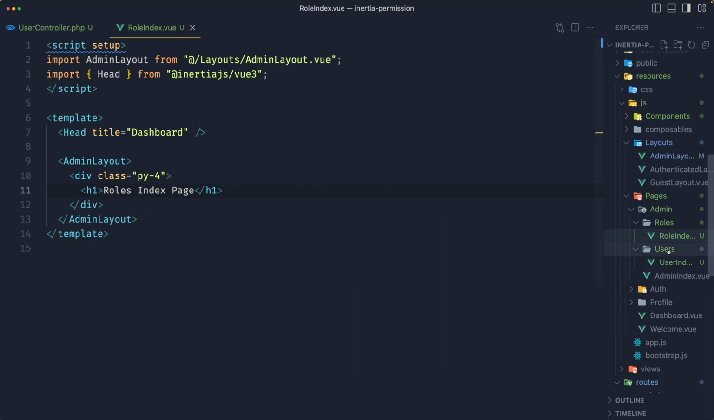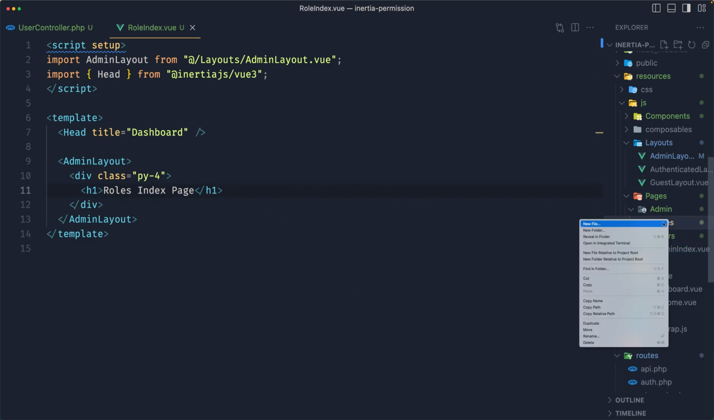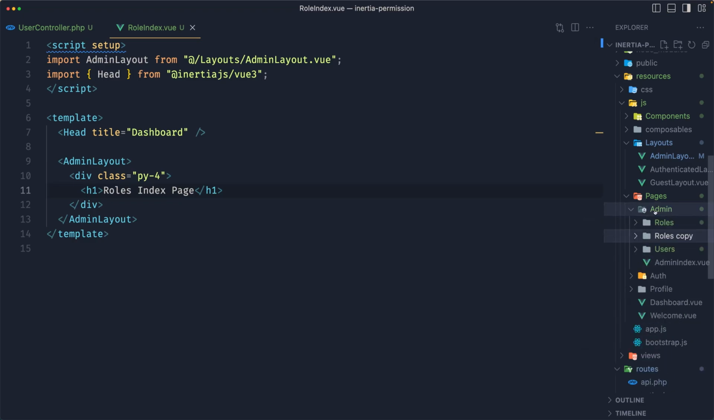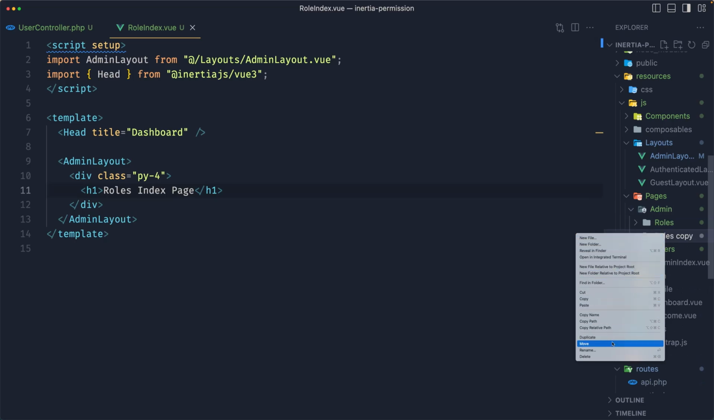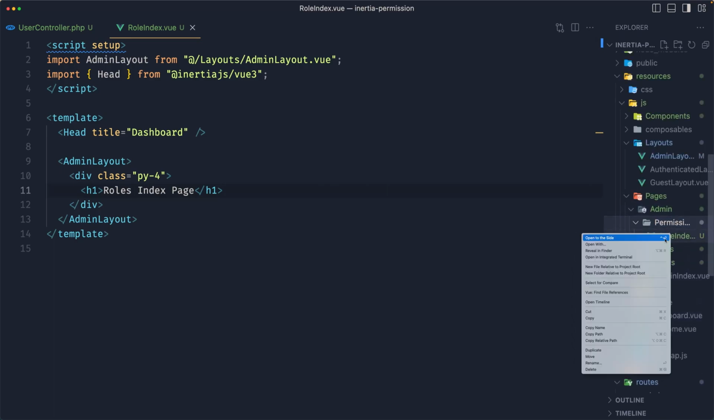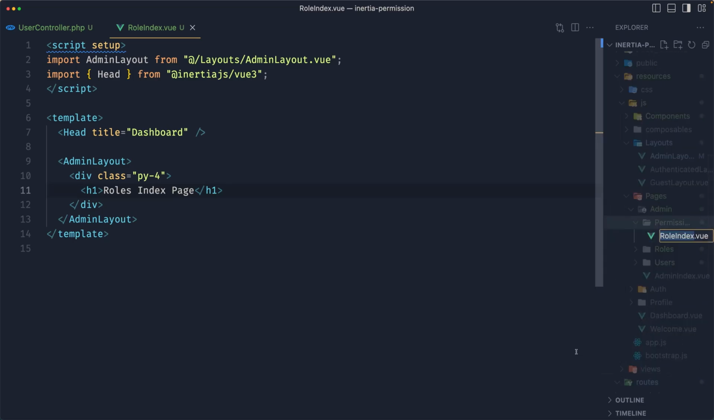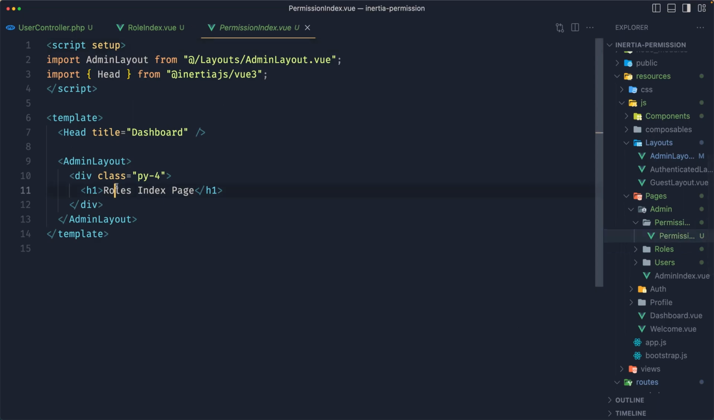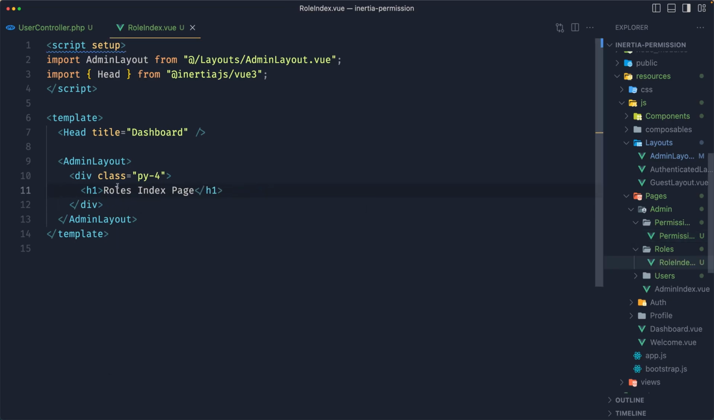Okay, then let's do the same. So I'm going to copy this and paste it here. Just rename the folder to permissions and also rename the file here to be permission index. And the permission index is going to say permission index page, like this. Okay, save, close this one,